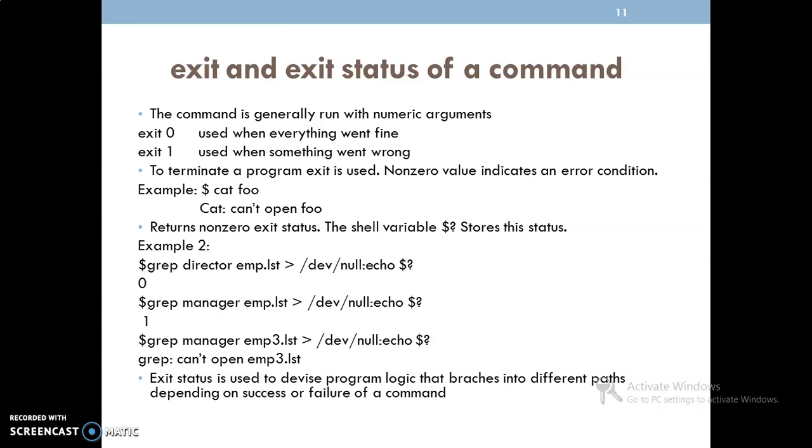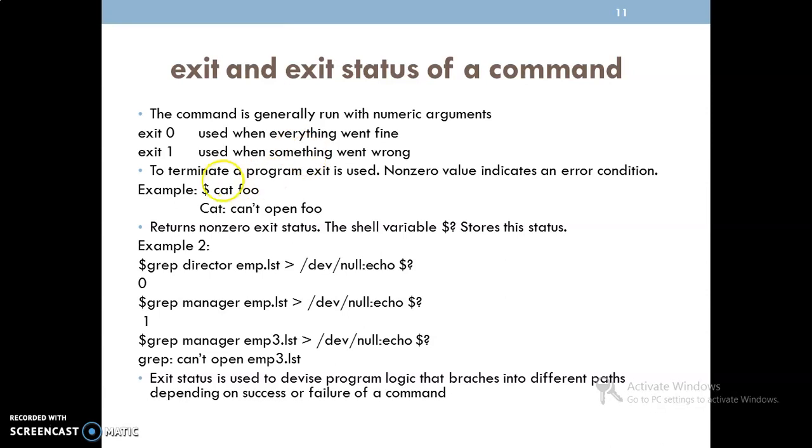Just we can have one example here. I wanted to execute one command line, that is cat with a file named 4. Cat's purpose is to display the file content. Actually, the file 4 does not exist. Then also I wanted to run that one. In that case, I am getting that cat cannot open the file. So in this case, what happened? The second value will be taken here, that is 1 value. So it returns a non-zero exit status, as we can find. The shell variable, that is the dollar with the question mark, stores this status.